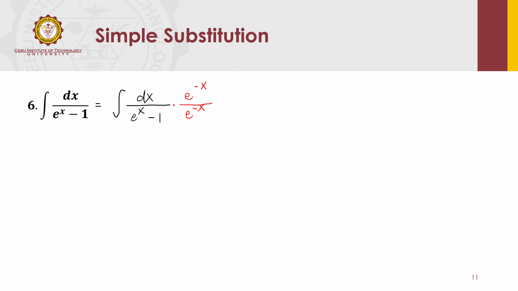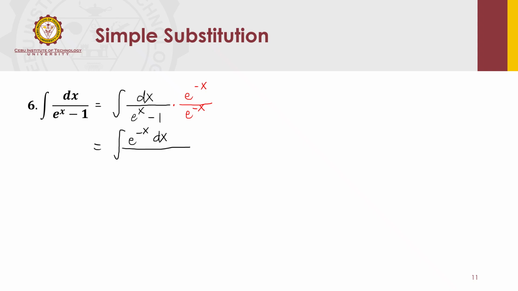So, instead of the target earlier to have e to the x beside the dx, which is not met, ang target nimo, e to the negative x naman ang porma. Pero if you look at the result after multiplying e to the negative x by e to the x minus 1, mawala na actually si e to the x. So let's put first e to the negative x here beside dx. Then multiply each term here by e to the negative x.